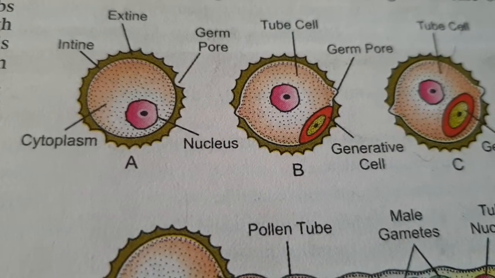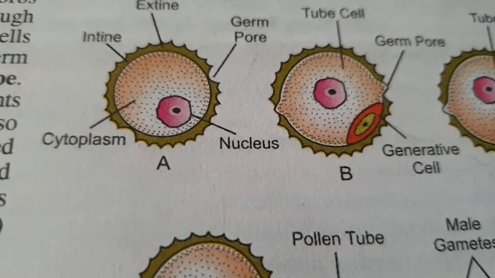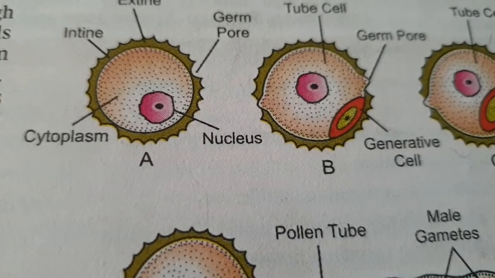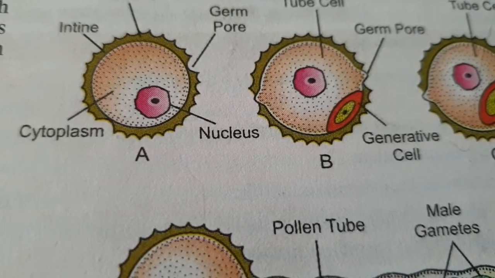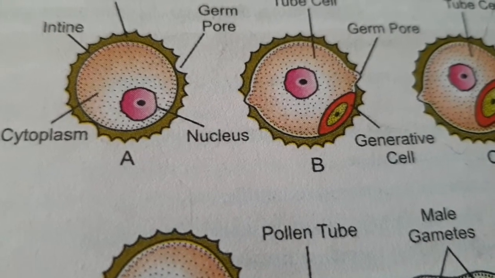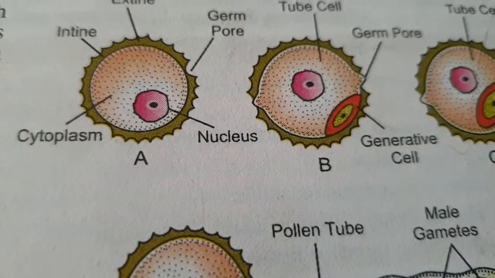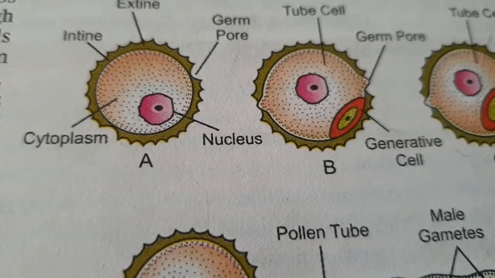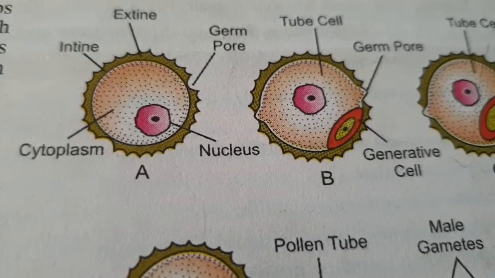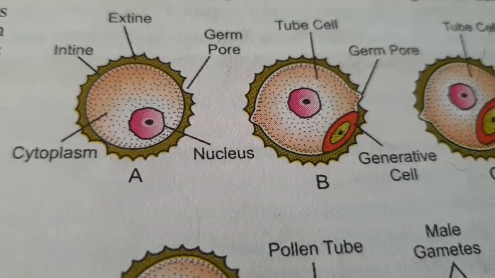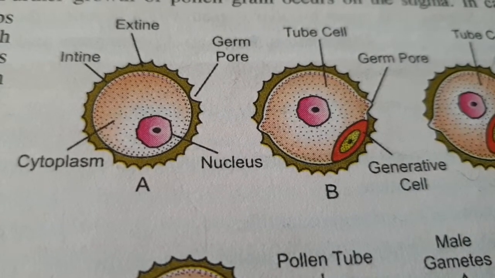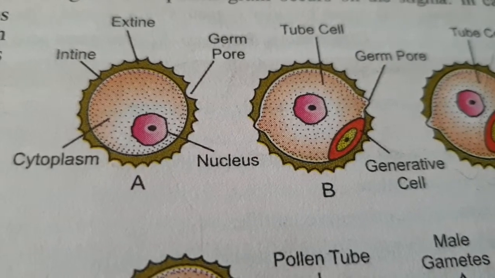Now the period for which the pollen grains remain functional is known as pollen viability, and it depends upon the environmental conditions and the genetic potentiality. We can preserve the pollen grains in liquid nitrogen at about minus 196 degrees centigrade and use it as a pollen bank, and this phenomenon is known as cryopreservation. So for further study, we can definitely preserve the pollen in liquid nitrogen.